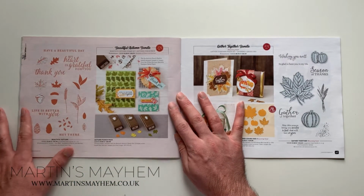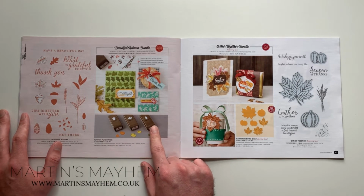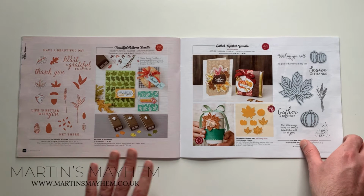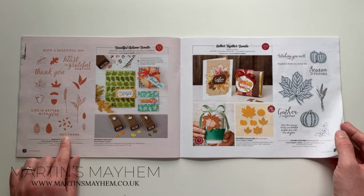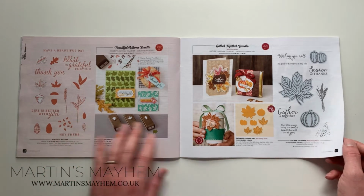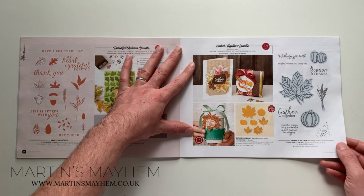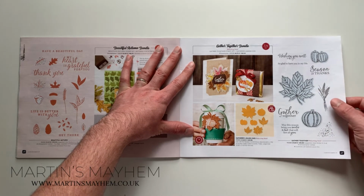There's a closer look at the stamp set and the 3 coordinating punches. It's cute, you're gonna love it. I know I've got it. I love the hey there, have a beautiful day sentiment. It's gonna be cute. Then we have more of a leafy, pumpkin-y kind of